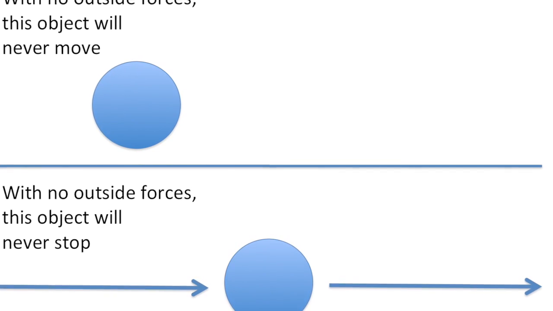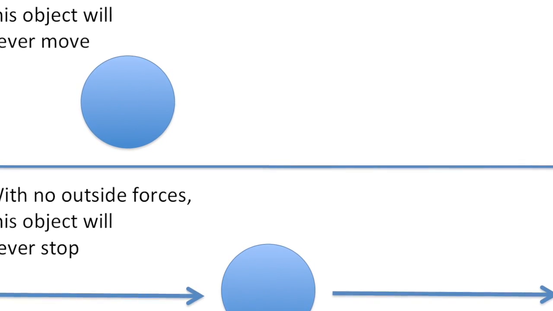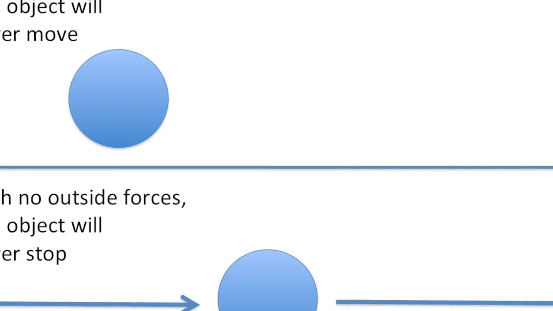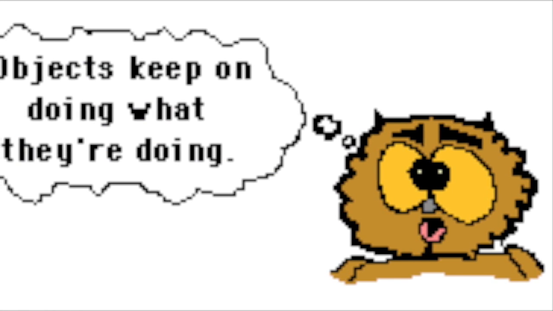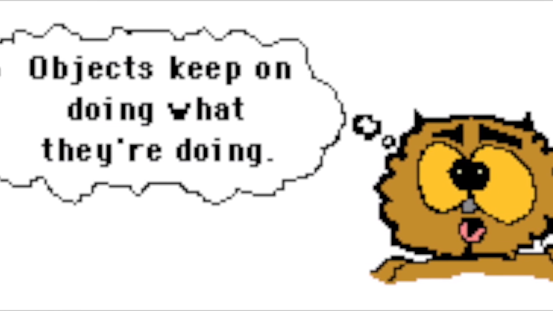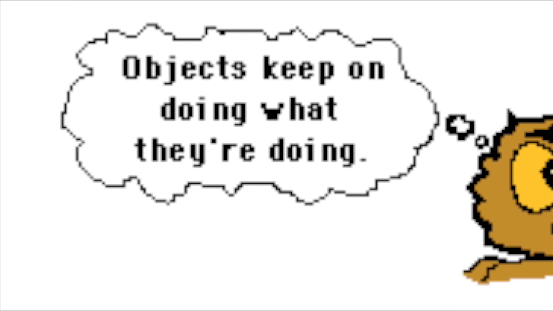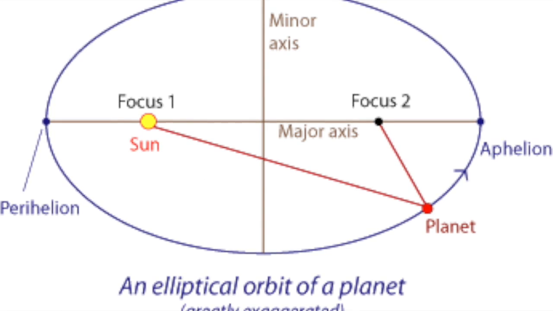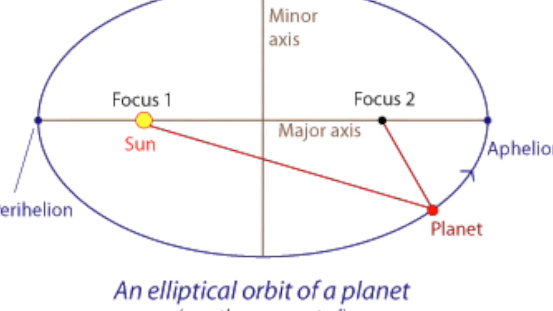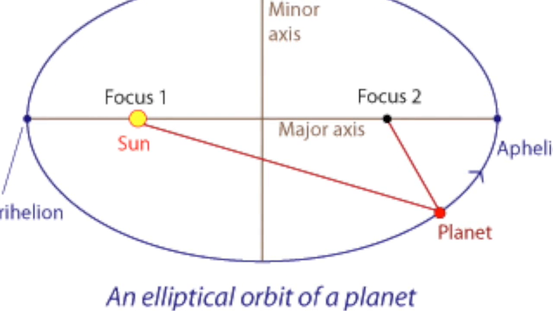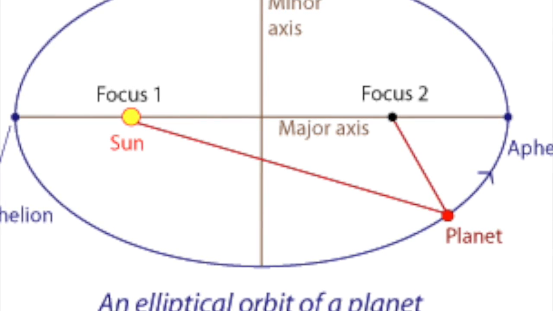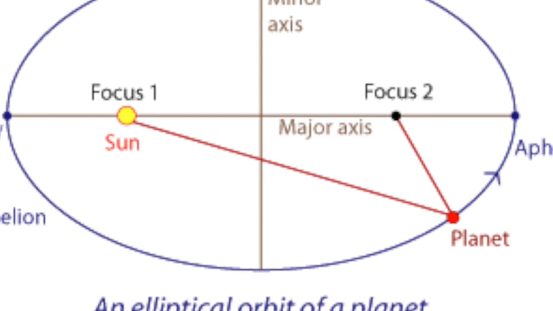Newton's first law of inertia states that an object in motion will stay in motion unless acted upon by an outside force. This law also explains that an object can keep on moving in a straight line unless it is acted upon by another force. This explains why a planet does not move in a straight line. Planets move along ellipses because there is a force acting upon it, which is gravitational pull.